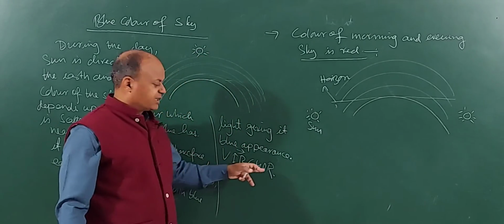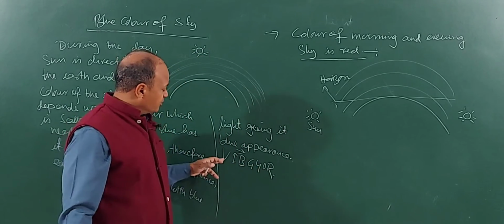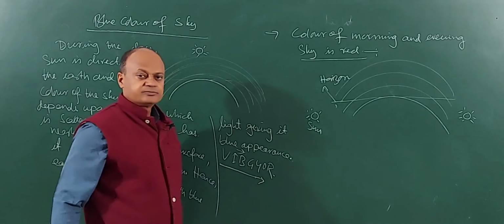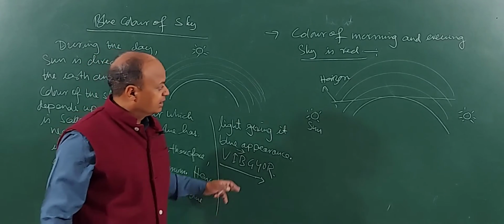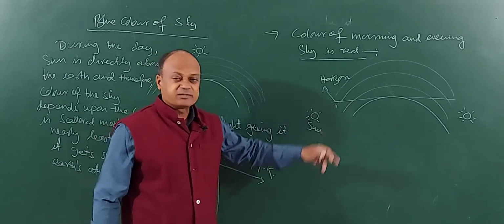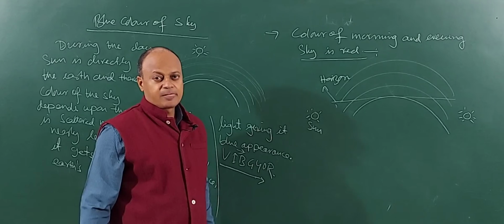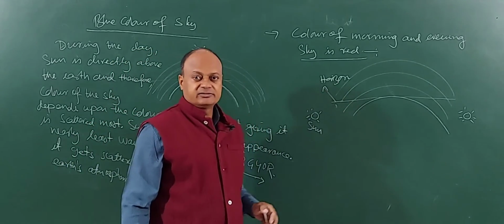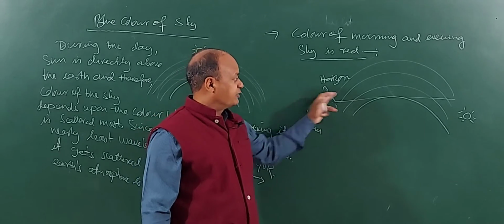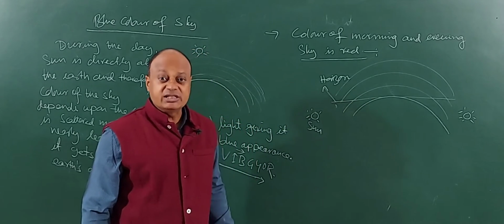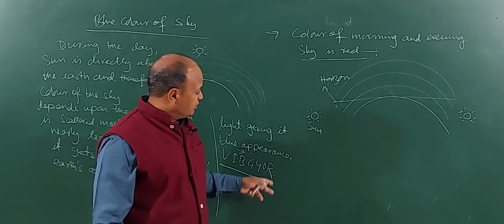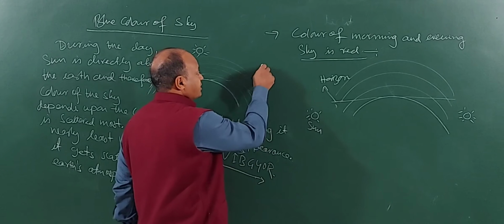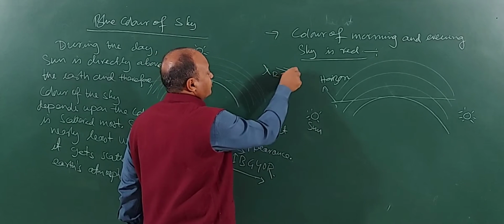When I go, you find that red has maximum wavelength. So almost all the colors starting from violet up to orange or yellow get scattered before they reach Earth's atmosphere. Before they reach Earth's horizon, they get scattered. So they get scattered before reaching Earth's horizon, and we are not able to see them. Now, red light has got maximum wavelength compared to violet.